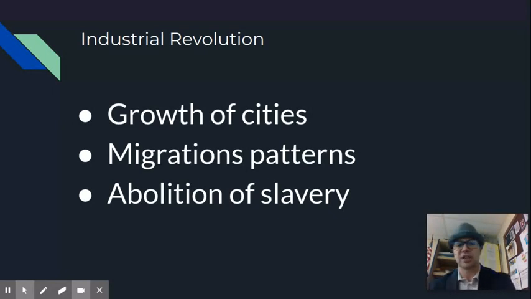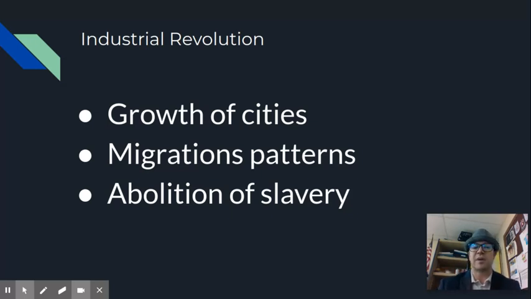We'll start off with the Industrial Revolution since it's sort of the catalyst of all this. It creates a major growth in cities as agriculture becomes more efficient. The jobs are going to shrink up in the agricultural sector. They're going to grow in the cities, and so people are going to flock to the cities because that's where the jobs are. We know that's going to lead to massive urbanization, which gives a host of problems early on in the Industrial Revolution aftermath.